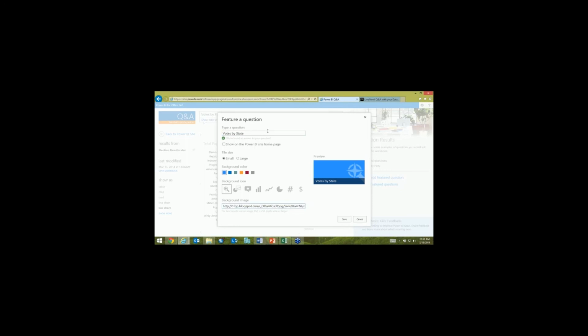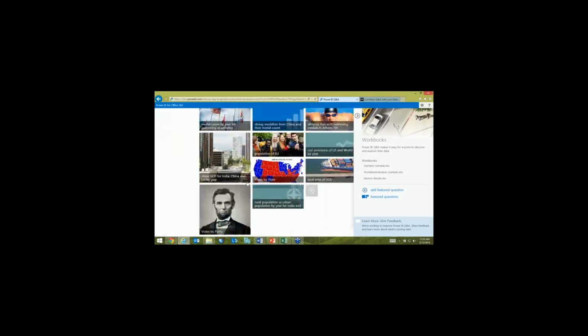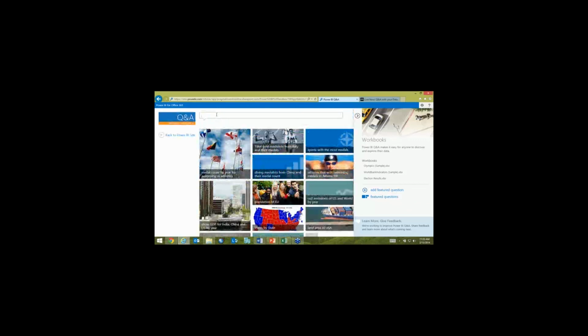All right, and I can see this one's going to show me an election map here. So I can hit save on this one, go back to my Power BI site, my Q&A site, and I'll see the featured question in here for votes by state. Now the neat thing about how this works is I can actually ask it different types of questions. So we just saw votes by state,